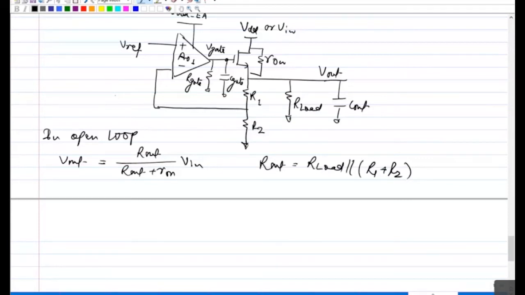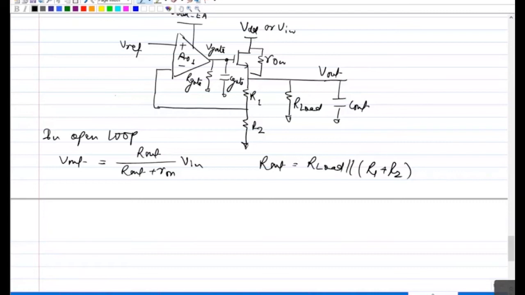Yeah. And what was in the open loop? What was the output term, if you remember, with respect to V in for the PMOS? Anybody remembers? Think about it: you have a PMOS, gate is shorted, and from V in to V out you have a common gate amplifier. What's that? GM R out, right? Correct. So GM2 R out, which is obviously a gain factor greater than 1. So in the PMOS, your output was getting amplified, while in the NMOS, your output is getting suppressed.